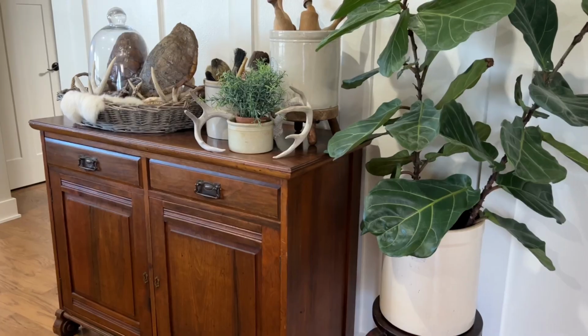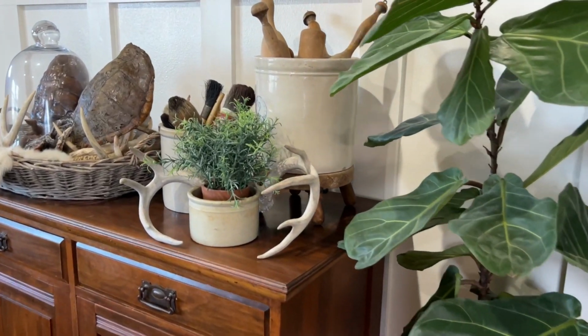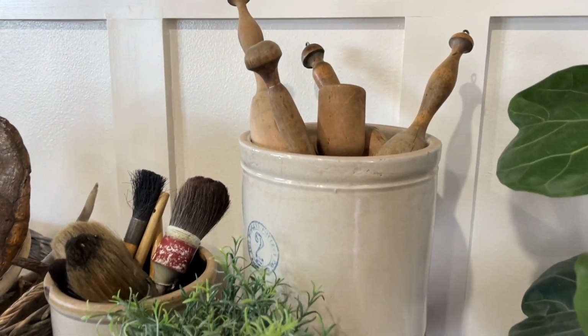I'm going to take you along with me in switching out some areas in my house, some things because items sold and some things because they're just seasonal and it was time to switch them out. So let's get decorating. Okay, here is the cabinet that I got at Goodwill for $11, how it has been